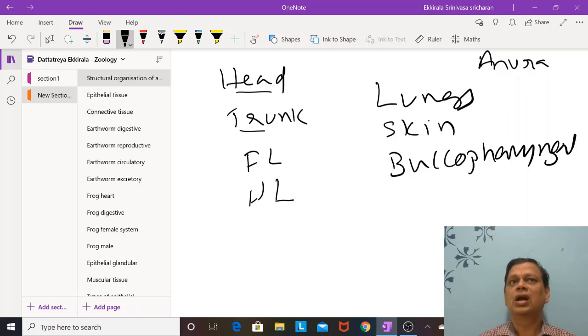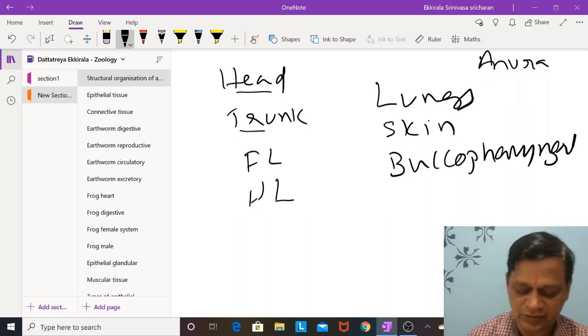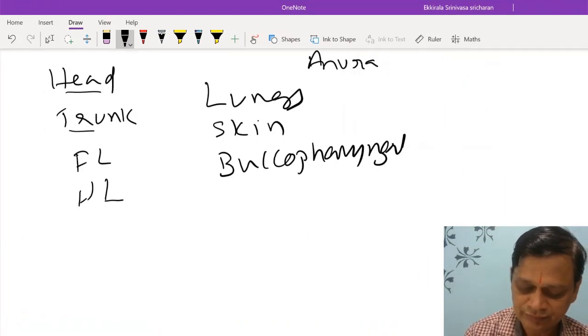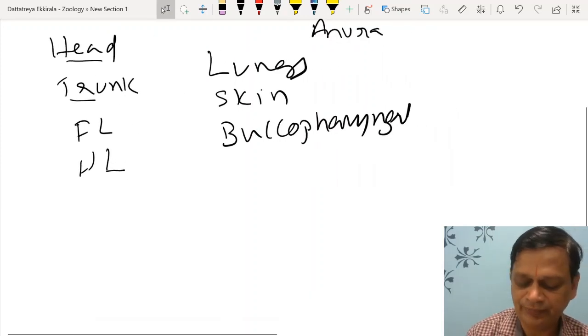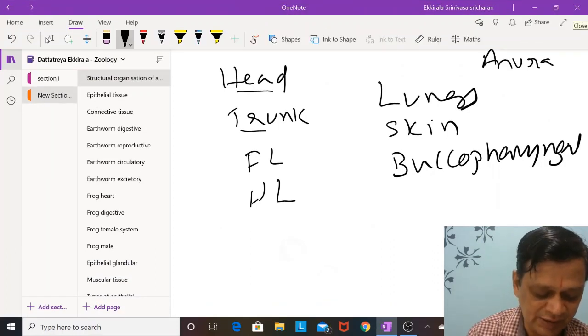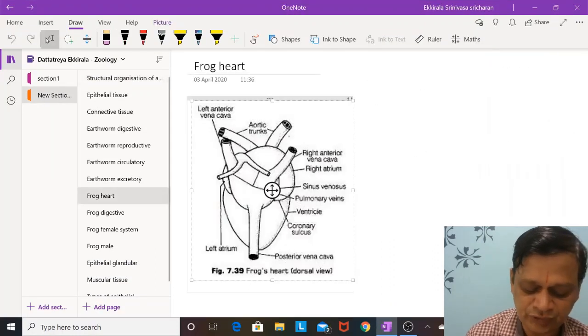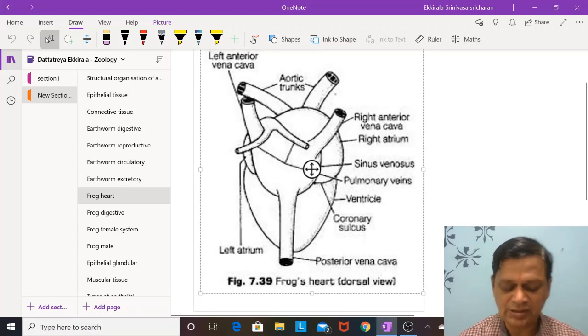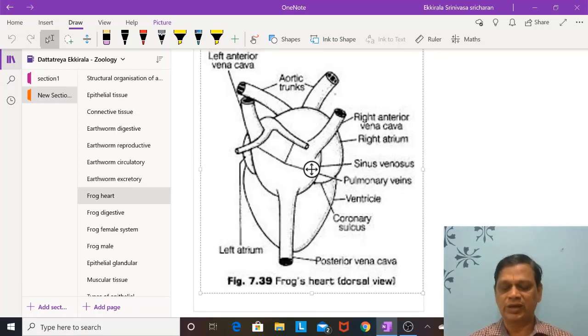Now, in hibernation, only skin. In water, also only skin. At other times, all these three. So like this. Now, it has to use the buccal cavity, even otherwise. Now, lungs. As far as the circulatory system, it has a closed circulatory system with a three-chambered heart, two atria